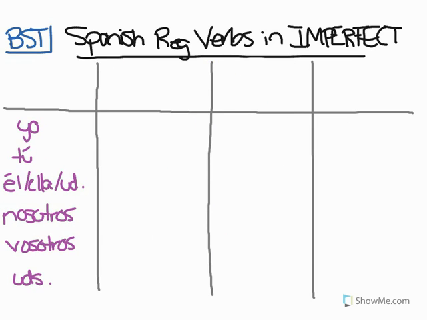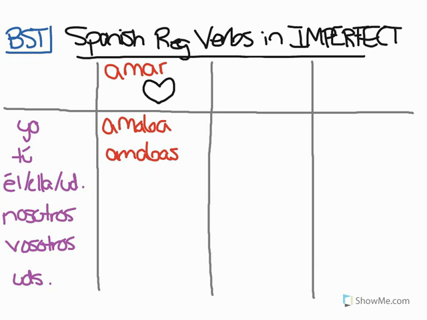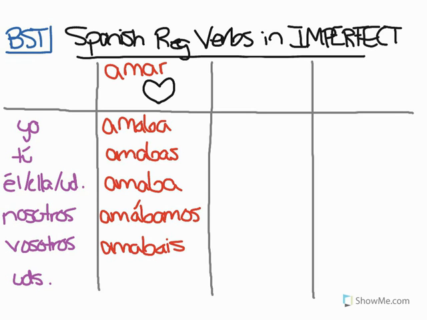So let's look at some examples of regular verbs being actually conjugated in the imperfect. So for my AR verb, I'm choosing amar, which means to love. And if I were to conjugate this in the imperfect, I would say yo amaba, tú amabas, él, ella, usted amaba, nosotros amábamos. Imperfect sounds great. It's fun to say. Vosotros amabais, no accent, and ustedes